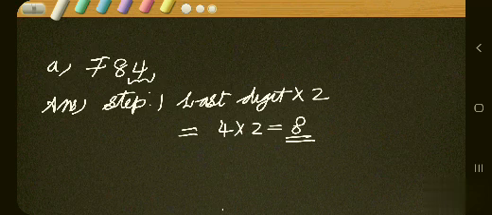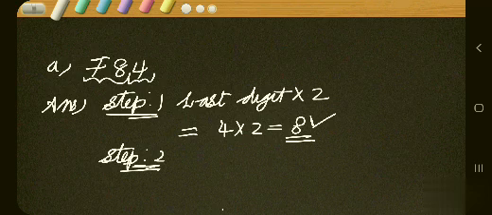And what is the second step? Subtract this product from the rest of the digits, isn't it? Rest of the digits minus this product. This 8. Which is the number formed by the rest of the digits here? 7 and 8 together form 78. So the number formed by the rest of the digits here is 78, isn't it? So write down step 2. Actually, by practice, all these can be done in our mind itself. You should be fluent enough to do all these things in your mind, and that can be achieved only by practice.